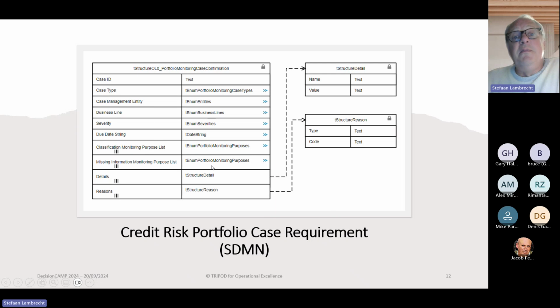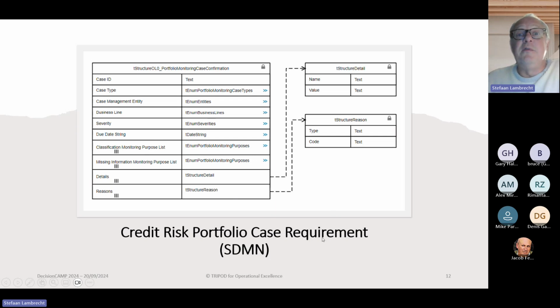What we also feed back is that certain triggers can perhaps not be evaluated as data is not available. Then that is also important information for the analyst handling the case, because then he can chase that information or make sure that he at least assesses that. And we give also a number of details and reasons why the case is created. And these are mainly points of attention for the analysts that need to work on the cases.